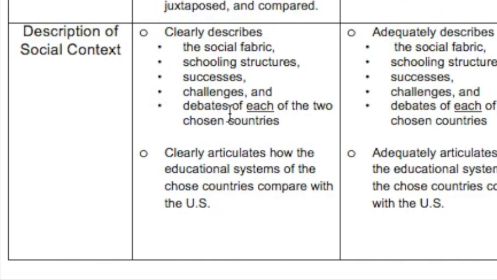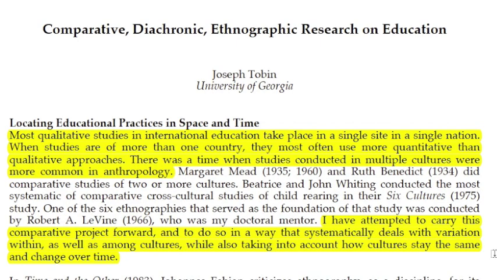Not just what is. In your social context section for your individual countries, you're not just saying, this is what it is. You're giving more context to how it became what it is. How did the social fabric come to be? Was it that over time there was a strong religious bent and therefore so on? Was it that the government structure has changed so much over the past 20 years? Whatever it is, recognize whatever we're studying didn't just happen.